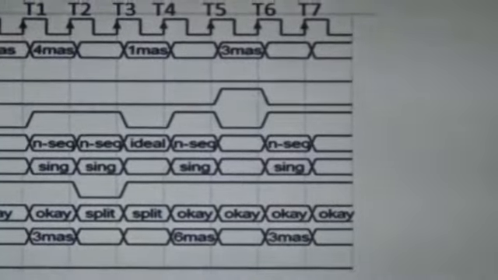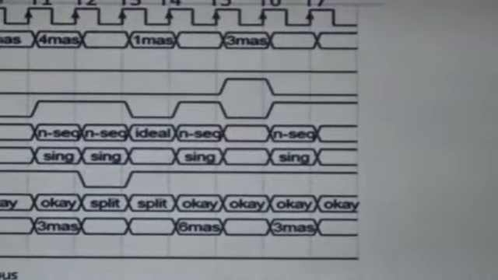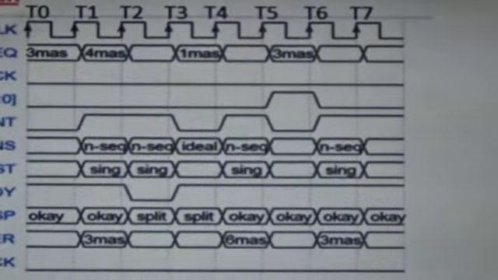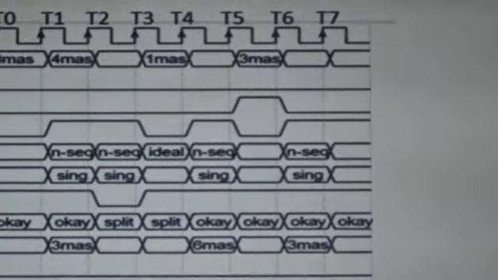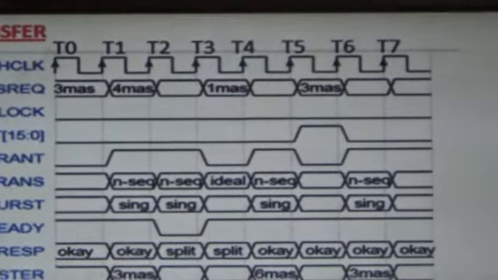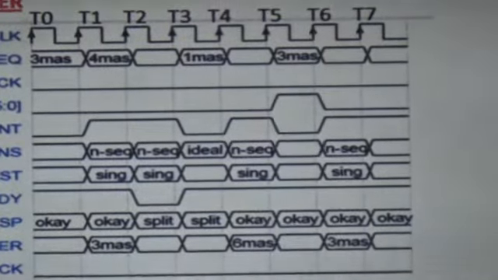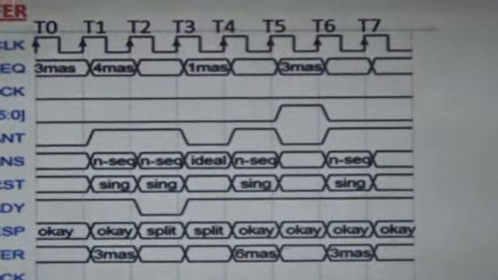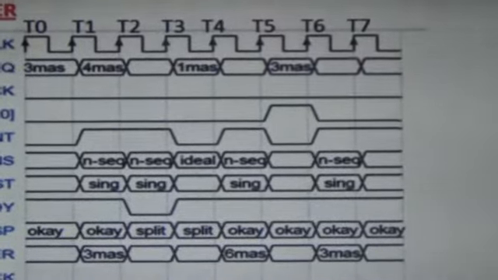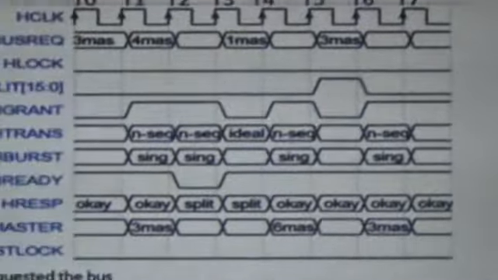The thing we understand is, between the slave response with split and the HSPLIT response, a new transaction takes place. That means, in order to make efficient use of the bus when the slave is busy, in between them a new transaction has been declared: master 1 has initiated the bus transfer.